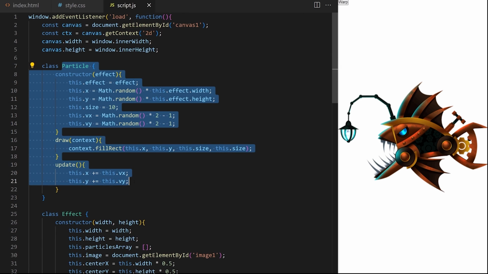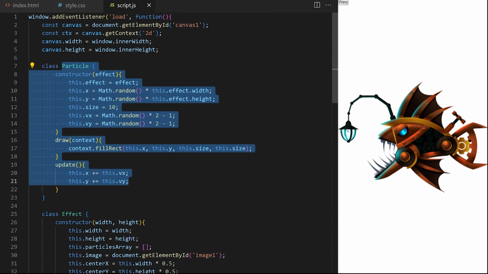This is our custom particle class. Its job is to create one new particle object every time we call it with the new keyword. Right now, our particles look like small black squares. I actually want to pixelate the image and make each pixel block a particle of a specific color, and that